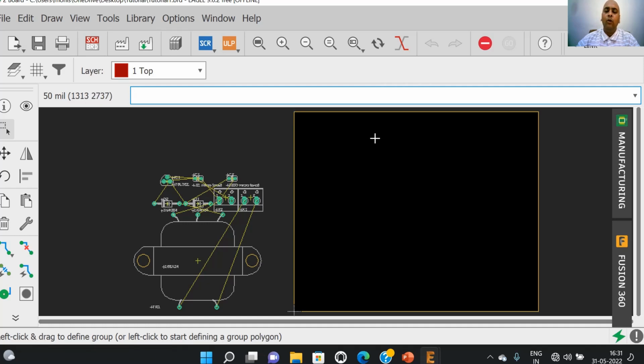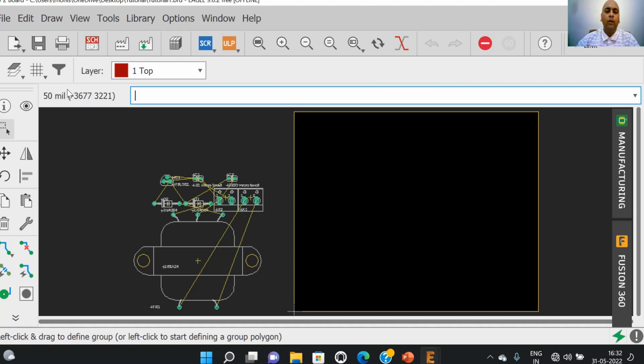We can draw the board in this working area. The bottom left corner of the board indicates the origin of the board, and the position of the cursor with respect to the origin can be directly read from the left hand corner of the screen.